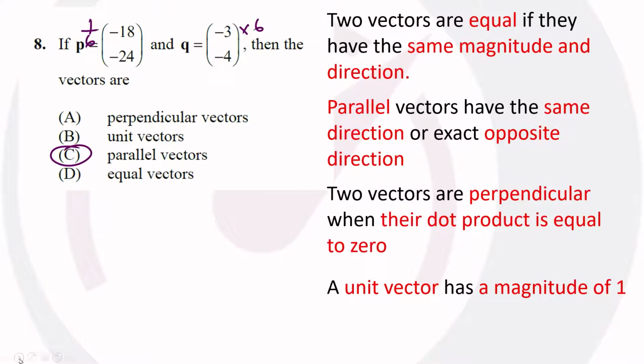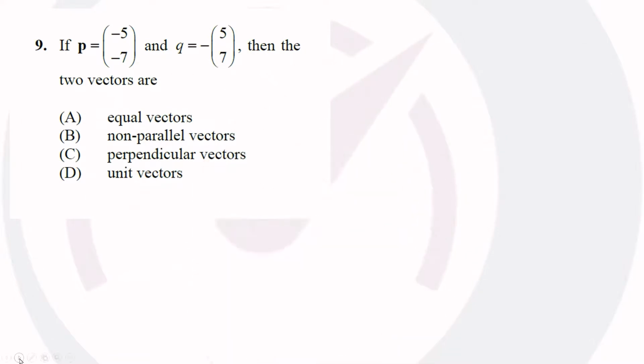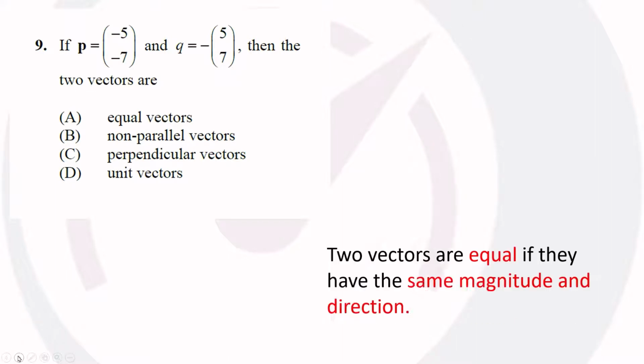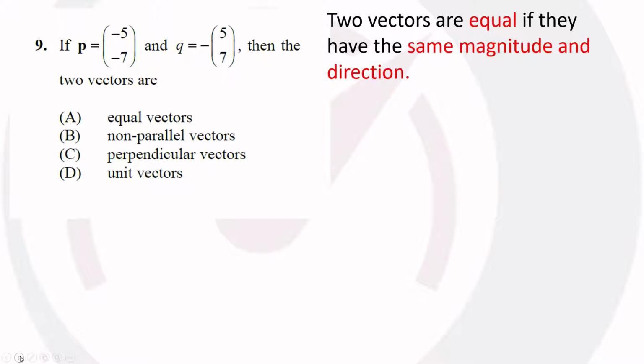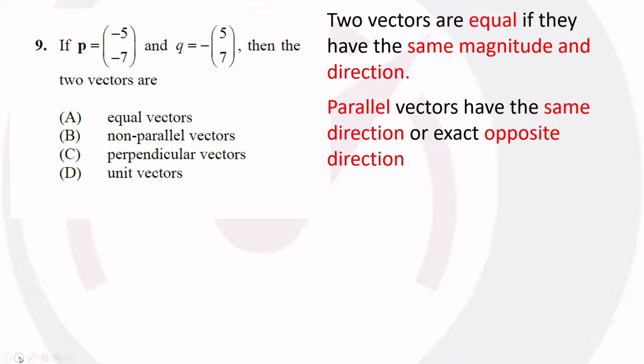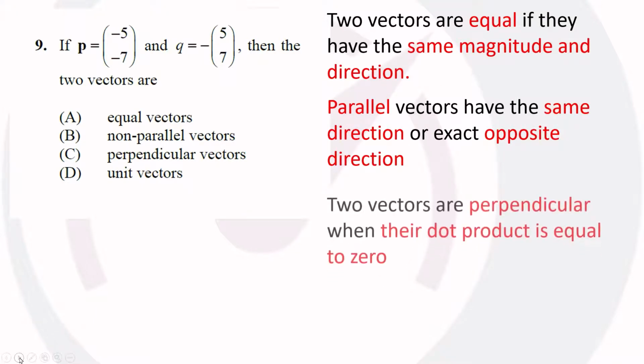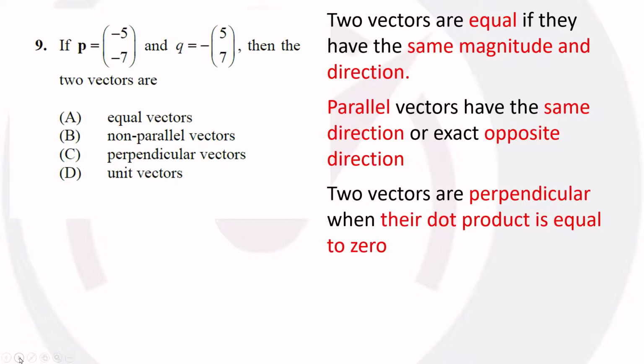Alright, let's try our next one. Let's look at question 9. It says if P is equal to negative 5, negative 7, and Q is equal to negative 5, 7, then two vectors are, and let's go back to our terms: equal vectors have the same magnitude and direction. We know that parallel vectors have the same direction or exact opposite direction. Two vectors are perpendicular when their dot product is equal to 0, and a unit vector has a magnitude of